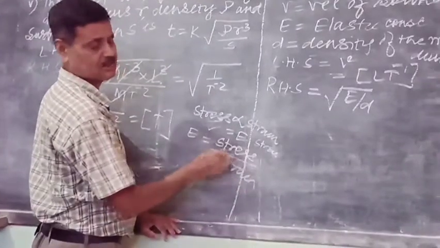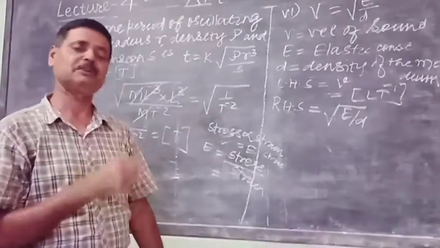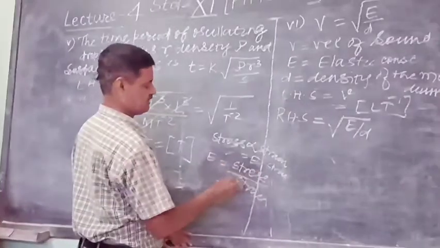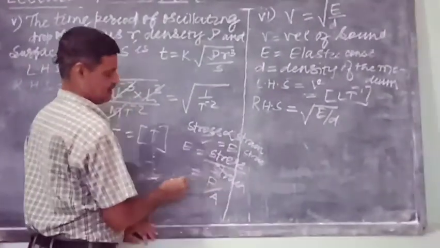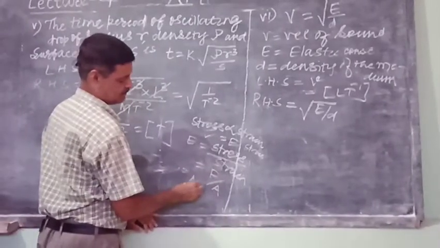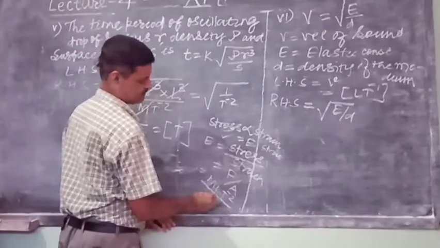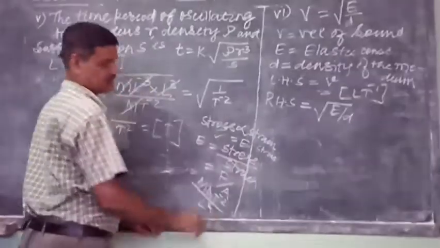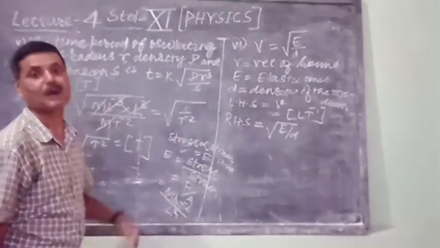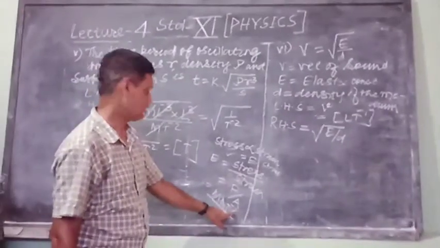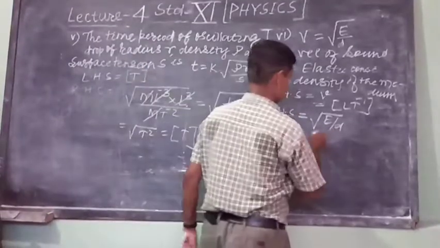This is dimensionless. Stress is just equal to the pressure, force applied per unit area. Stress can be written as force applied per unit area, and force is mLT to the power minus 2. Area is L square. This L cancels, so we will write m L to the power minus 1 and T to the power minus 2. Directly I am writing in place of A, m under root